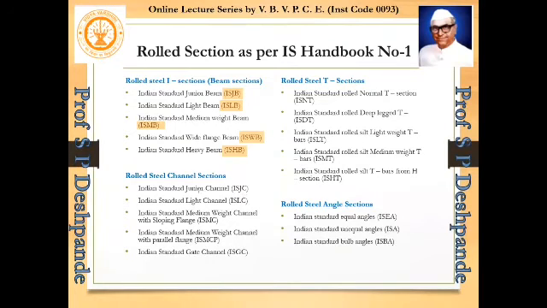In the same way you can see in the channel, junior, light, medium weight, and so on. And there is a special type of channel which is called the Indian Standard Gauge channel. So its symbol is a bit different. In case of the T section, we have normal T section, deep T section, and light, medium, heavy. This category is there. And in angle section, we have three types, as I have told you: equal angle, unequal angle, and the bulb section. So these are the various categories which are mentioned in the IS handbook number 1.